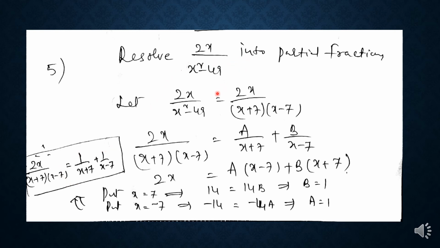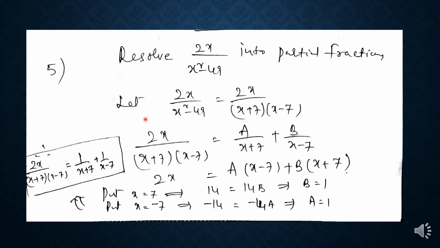So what is the procedure for resolving the given fraction into partial fractions? First, we have to check whether it is a proper fraction or an improper fraction. If it is an improper fraction, then divide the numerator by the denominator until we get a proper fraction. Then, taking the proper fraction, observe whether it is possible to factorize the expression in the denominator. If it is possible, write the linear factors.